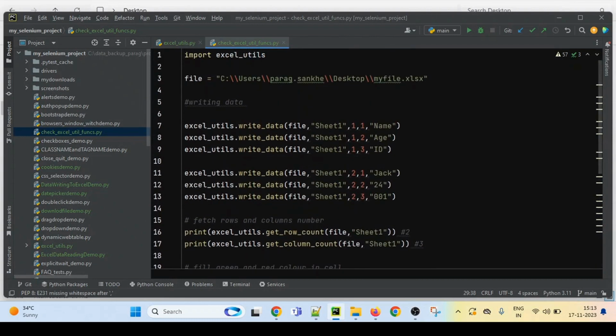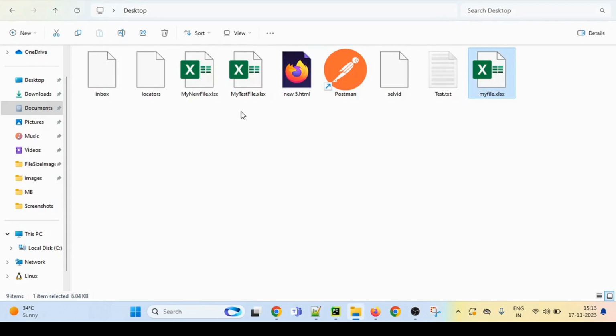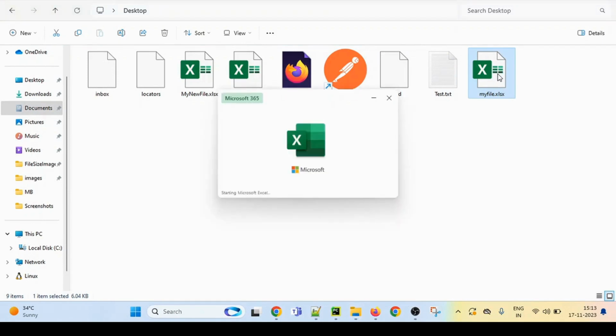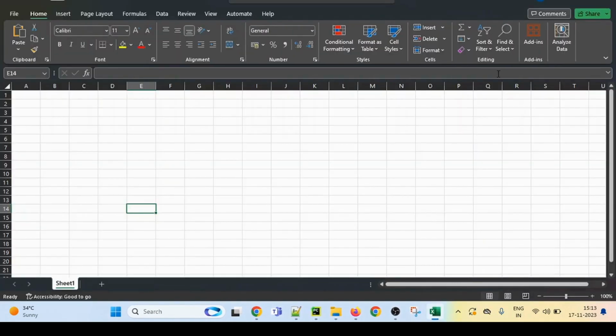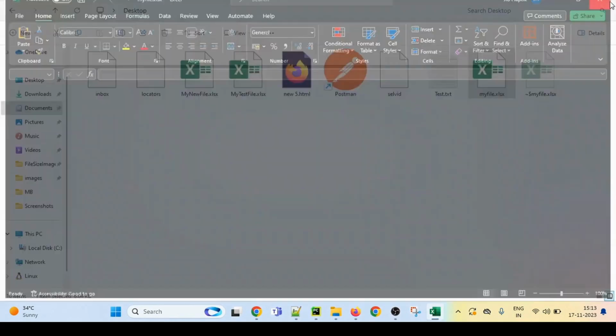So now when we execute this file, so we have seen the file which we have created here. We have not executed this file again. So if you see, this file is currently totally empty. I am just opening this Excel file. If you see, nothing is in this file. I am just closing this again.